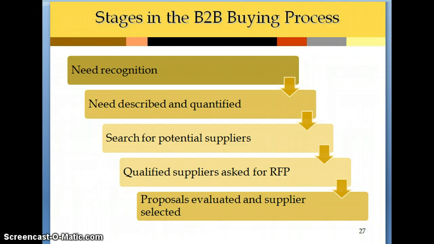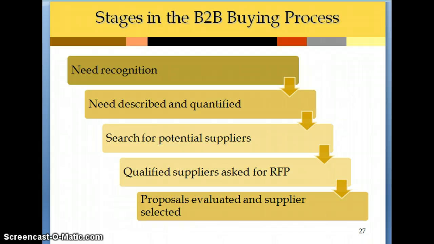So we always start with the need recognition. Someone recognizes that the organization has a need that can be solved by purchasing a good or service. Users often drive this stage, although others can serve the role of initiator. Then the need is described and quantified. A buying center, or group of people brought together to help make buying decisions, work to put some parameters around what needs to be purchased. In other words, they describe what they believe is needed, the features it should have, how much of it is needed, where, and so on.